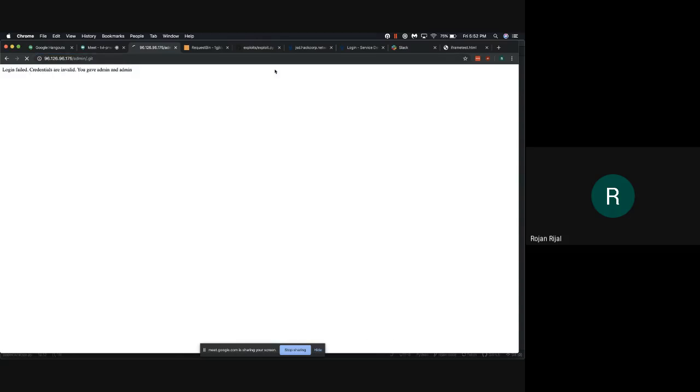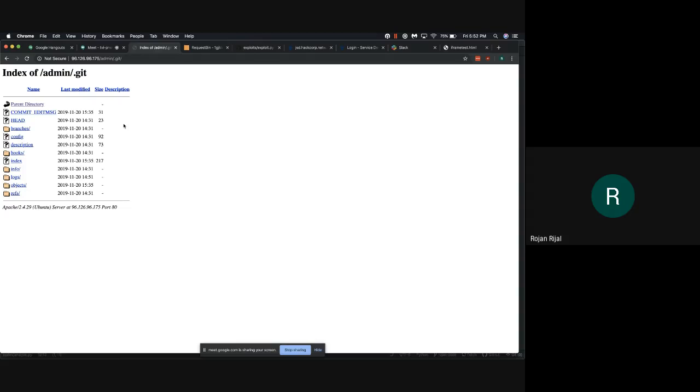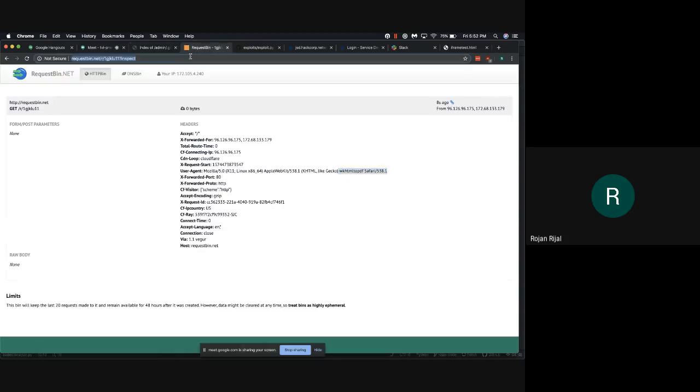Instead, what you're supposed to do is find .git. What I did here is companies tend to expose their .git folder online, and you can actually exploit those to see the source code. Right now we cannot see index.php or other files, but you can see commit messages, and you know they're adding things to this website. So if we look at things like,